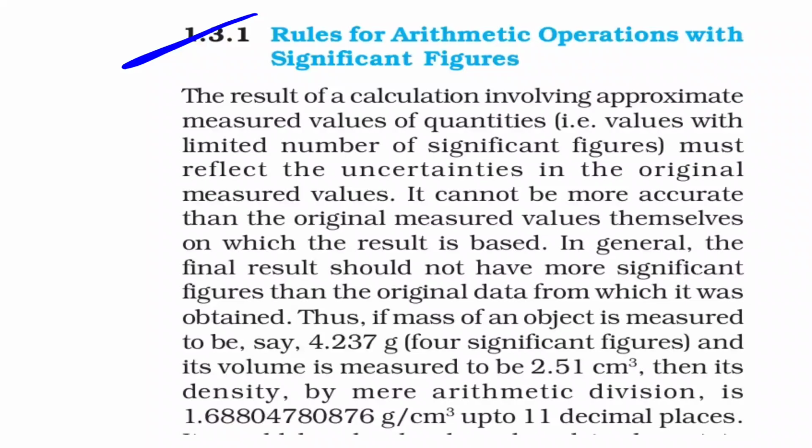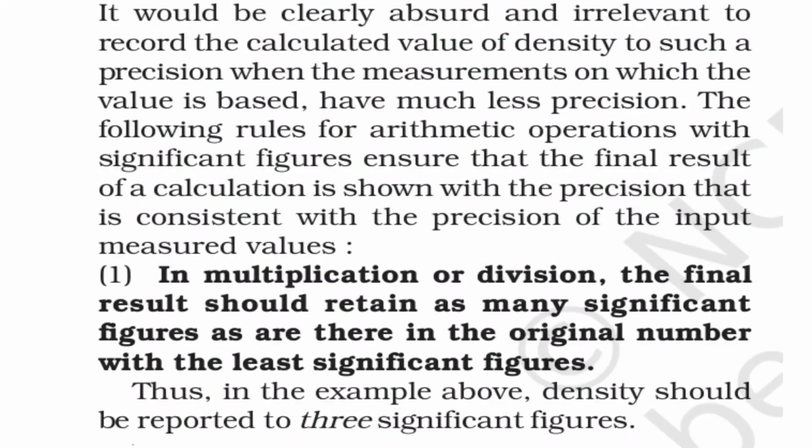Thus, if the mass of an object is measured to be, say, 4.237 gram, that is four significant figures in this number, and its volume is measured to be 2.51 centimeter cube, then its density by arithmetic division is 1.68804780876 gram per centimeter cube, that is up to 11 decimal places. It would be clearly absurd and irrelevant to record the calculated value of density to such a precision when the measurements on which the value is based